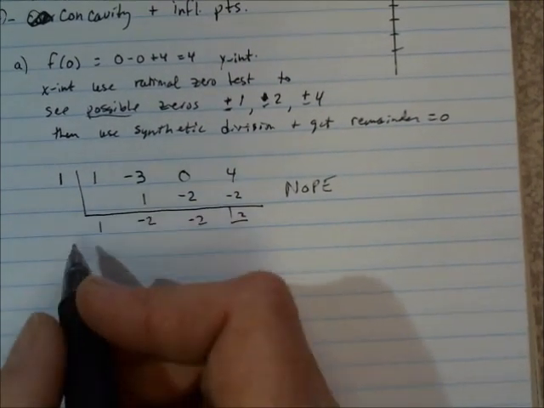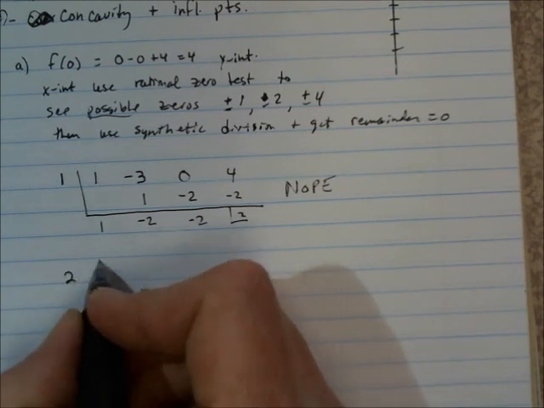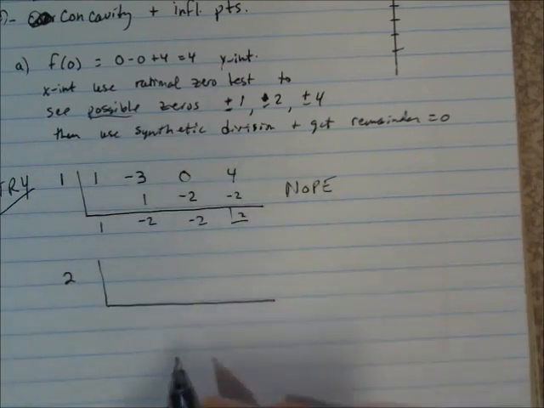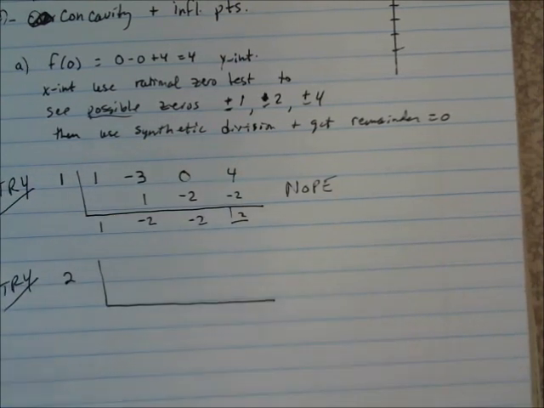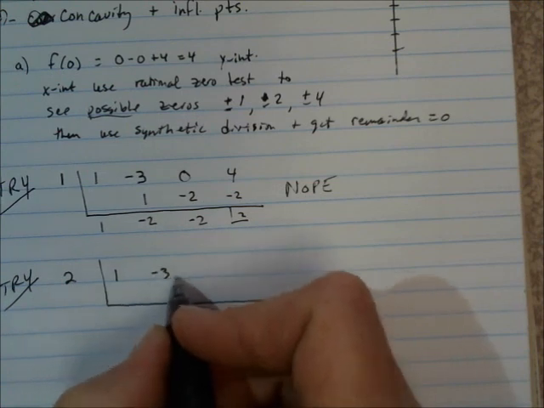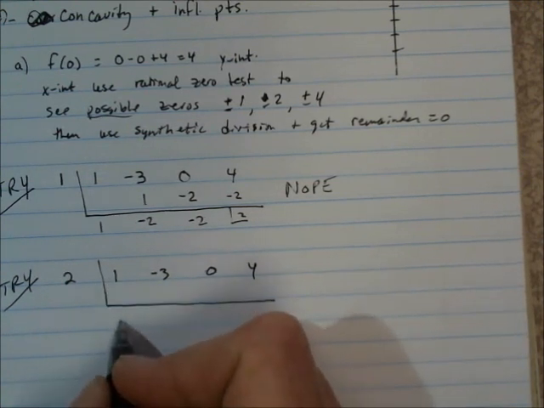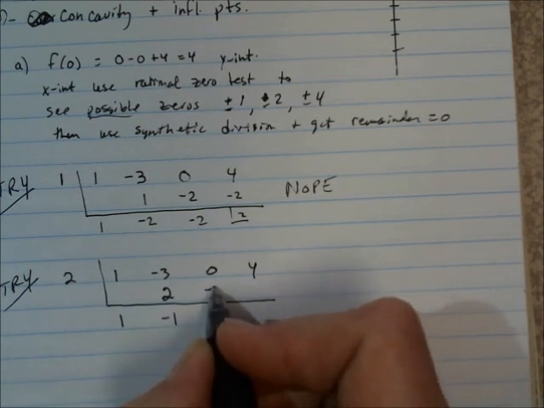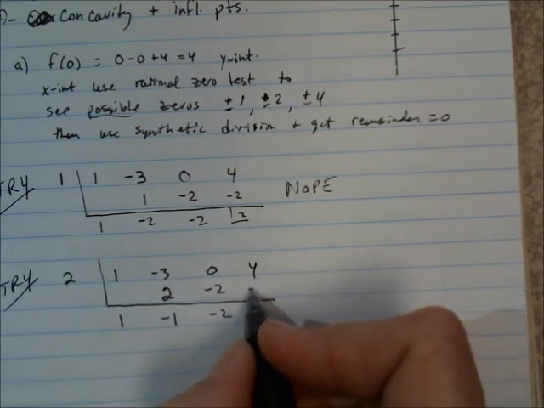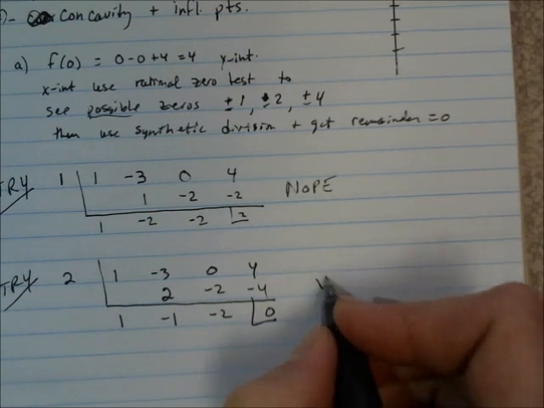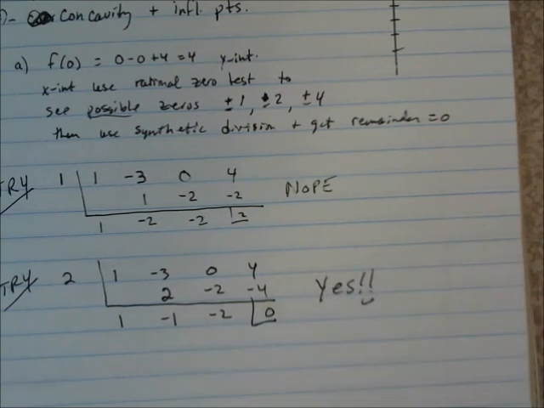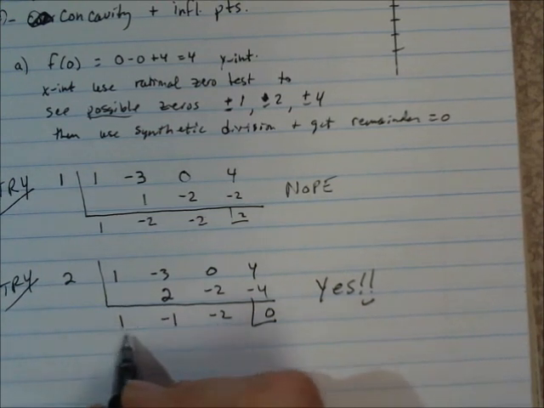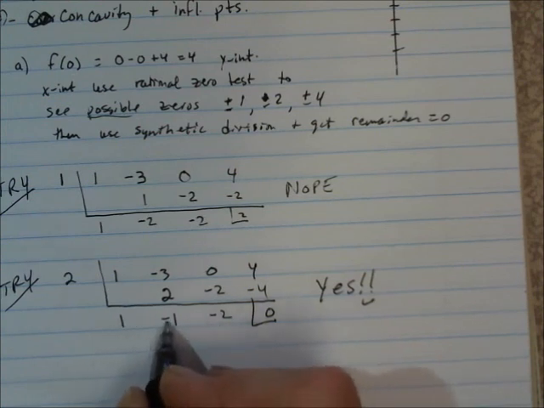Now let's try x equals 2. This is just a try. So we have again 1, -3, 0, and 4. So drop down the 1. 2 times 1 is 2. Add them up, -1 and 2 times that gives -2, add them up, and -4, and you get 0, yes. So x equals 2 is one of the zeros, and what we have remaining is this x squared minus x